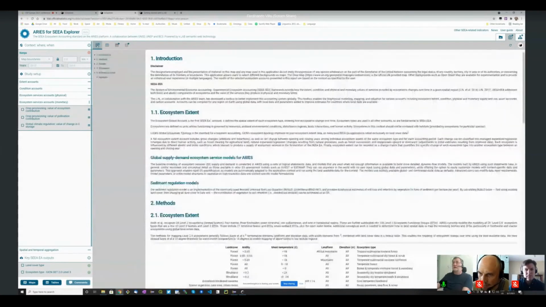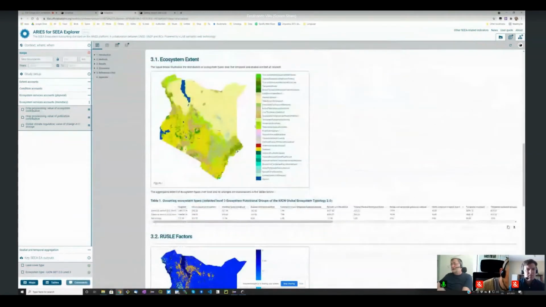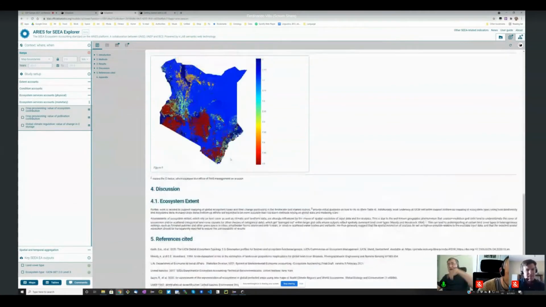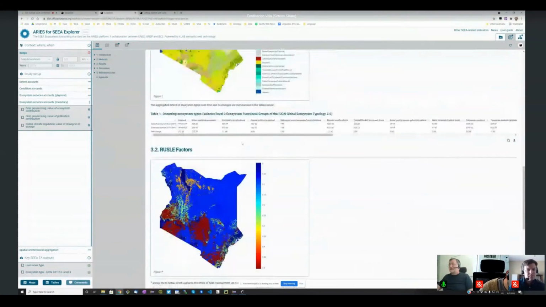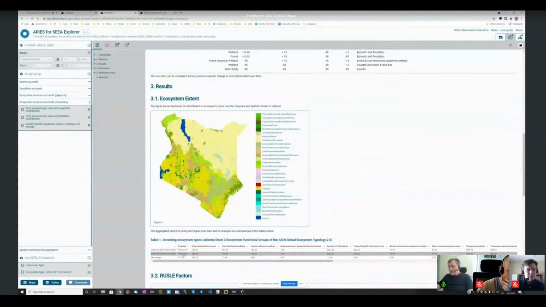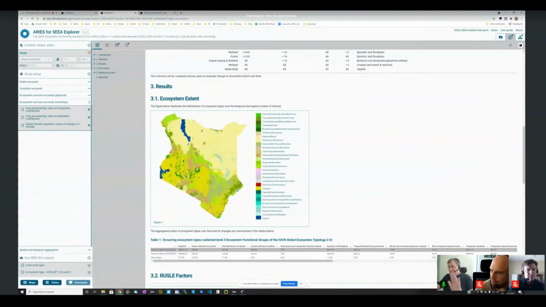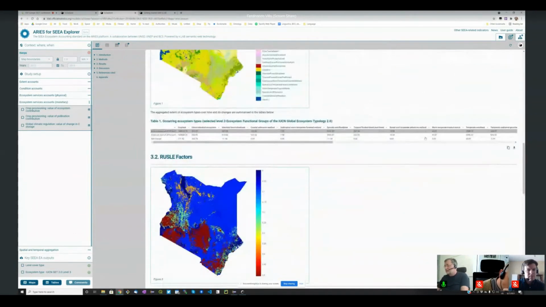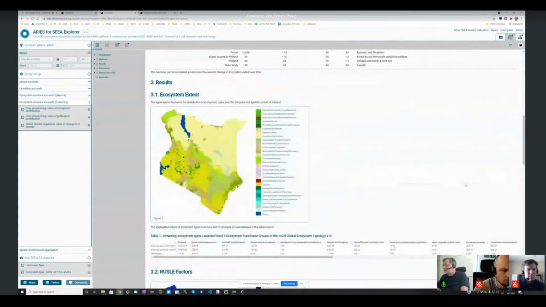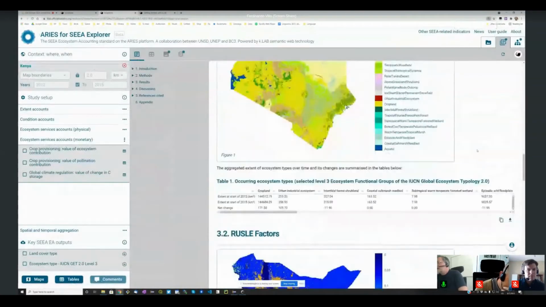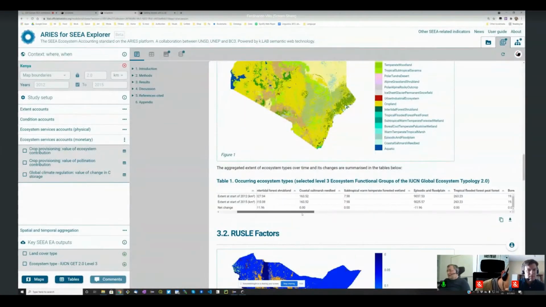So you saw before this view here. So you have, it's already computing things about the sediment. So it's the Russell factors here. They're coming because the computation is ongoing on the sediment, and this is the ecosystem extent. You can see the table here where you have all the different types of ecosystem and how much of that in the period I chose has grown or has shrunk. Maybe difficult to see. I'm a little hesitant to, and still it's computing, so you can see it changing under my eyes, but maybe I can do a little larger. So you can get all the tables here with all the different net change, etc.